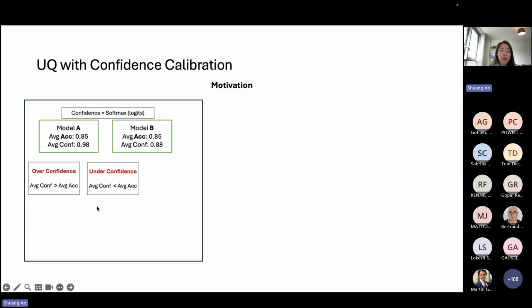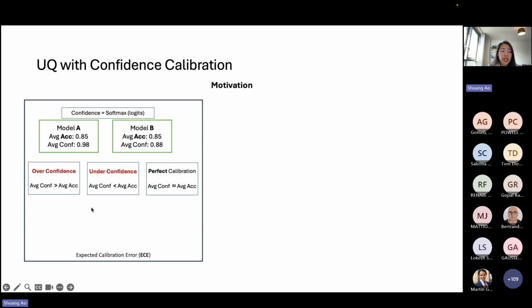And another one, well, it can be underconfidence. And we want to make it perfectly calibrated. So why do we focus on the confidence level? Because, for example, when humans are not sure about some basic concept or some unknown knowledge, we will say, well, I don't know, or I'm not sure. But the model will very confidently give the wrong answer. That's why we are concerned about this issue.